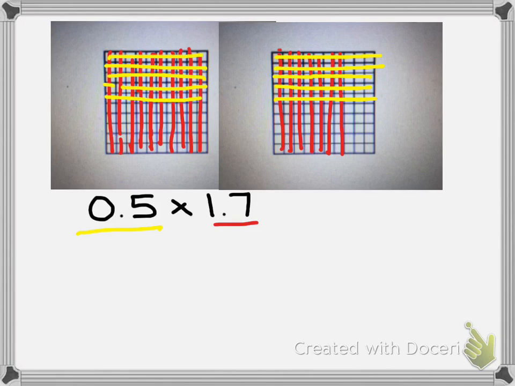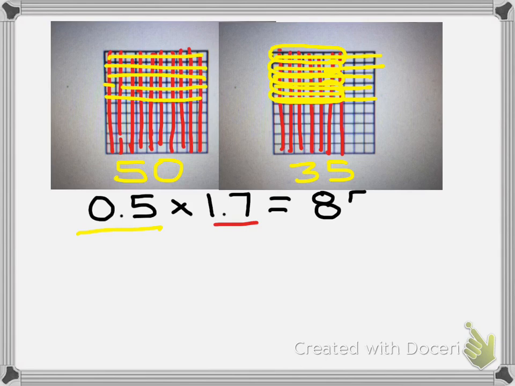I'm not really going to actually sit here and count, because I know that half of this whole is 50, right? Half of 100 hundredths would be 50 hundredths. So I know that I got 50 here. Now I just got to count up what's left here. So let's see, this would be 3, 4, 5, 6, 7, 14, 21, 28, 35 over there. So I got 50 here, and I got 35 over here. So as you predicted, I'm sure, our answer would be 50 plus 35 would be